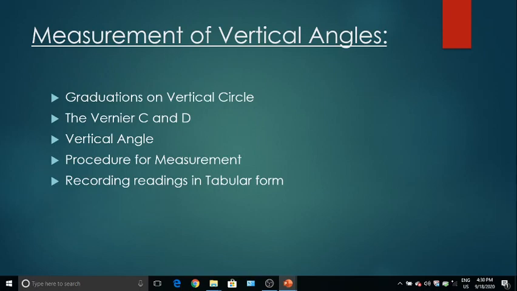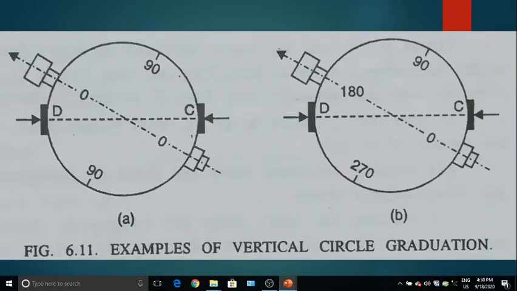And let us say we are using the second type of vertical circle, 0 to 360 degrees, with 180 degrees opposite. So if a 0 to 360 degrees vertical circle is used, at vernier C we will get the main scale reading, and at vernier D whatever angle you get will be 180 degrees more when compared to the vernier C reading. Therefore, if the main scale reading is considered at D, then 180 degrees have to be subtracted from the main scale reading, not from the vernier scale. Only from the main scale reading do you have to subtract 180 degrees.